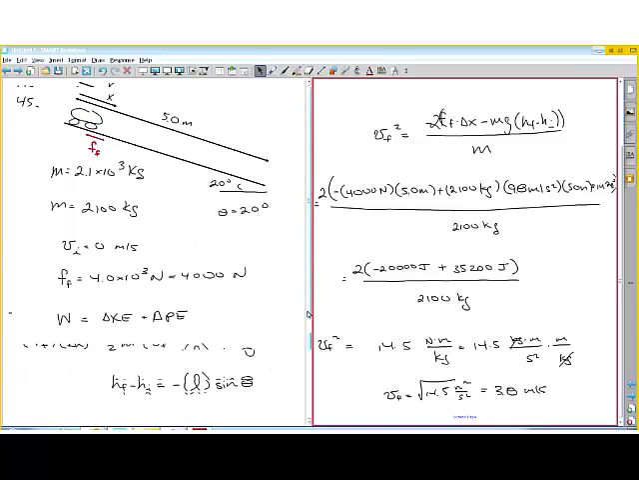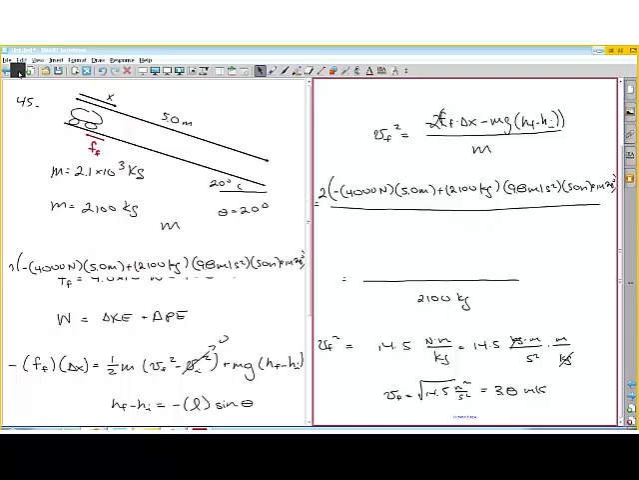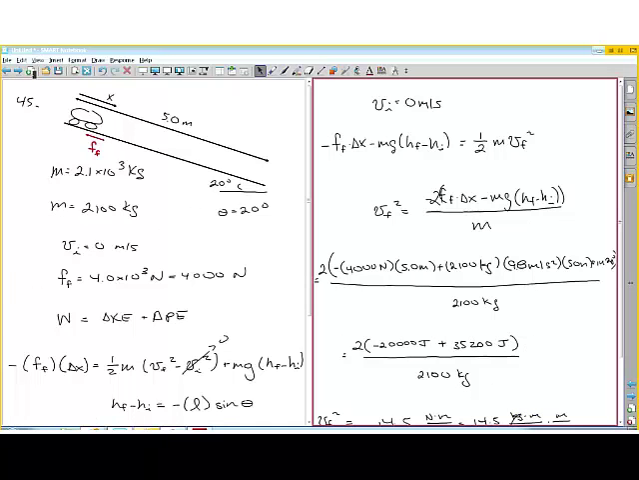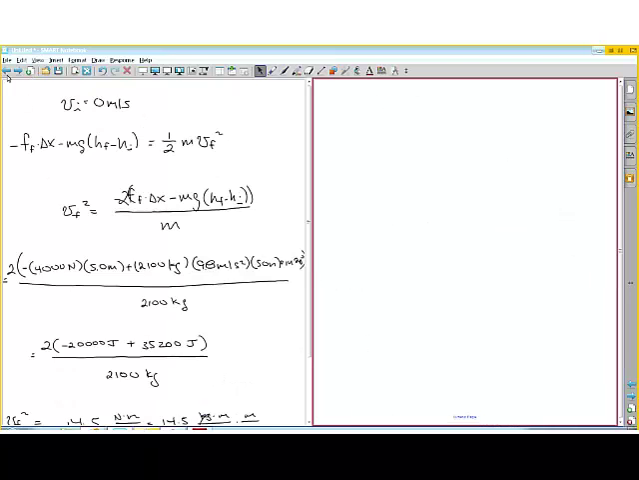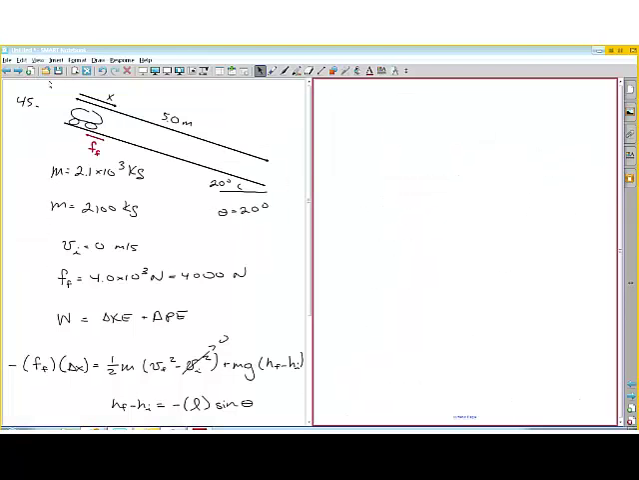Now, if you're interested, I'm going to insert a page here. We're going to show you how you do it using Newton's second law. And what we do is we calculate the acceleration. So if we sum the forces in the x direction, then we'd have the mass times acceleration. And what we have in the x direction is